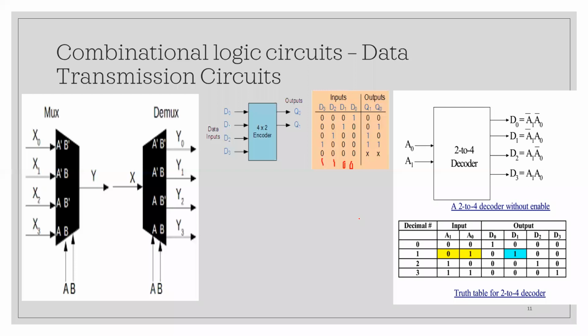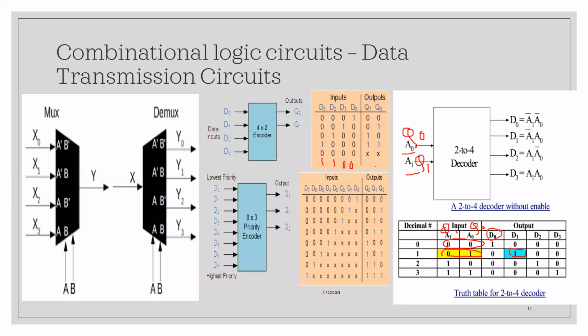So the decoder will be the reverse. In this case, what happens is, if these two, that is Q0 and Q1 as we have in the above diagram and the truth table, so 0 0, D naught will be considered, 0 1, D1 will be considered, and so on. Now, if I come to the next truth table, here you can see.